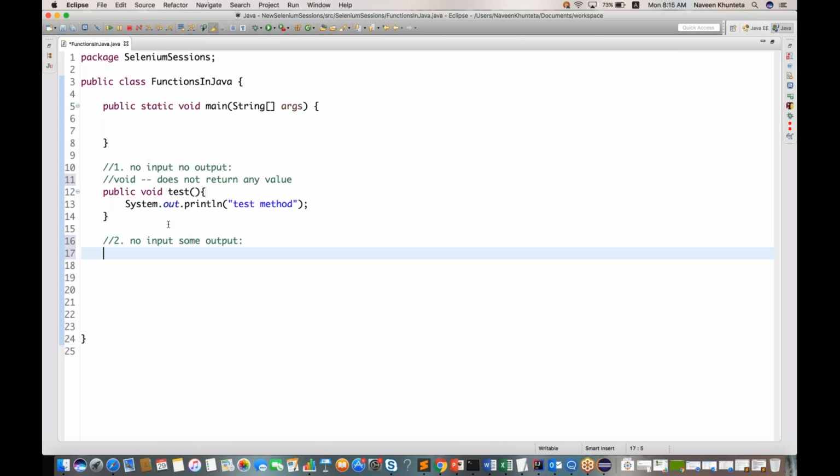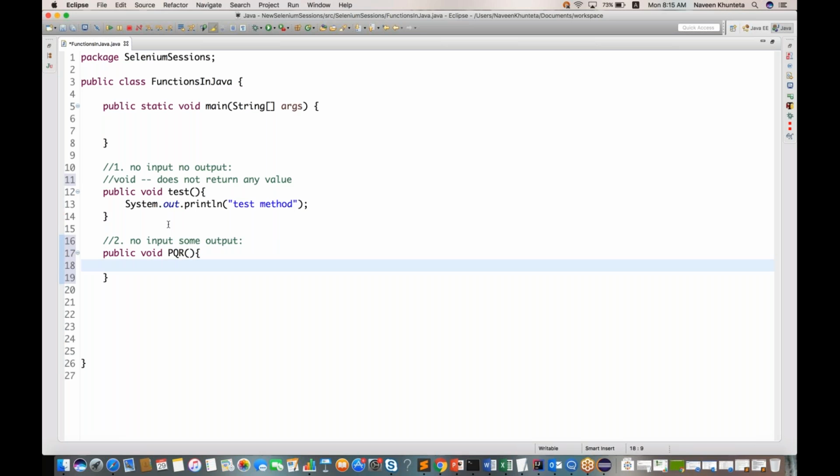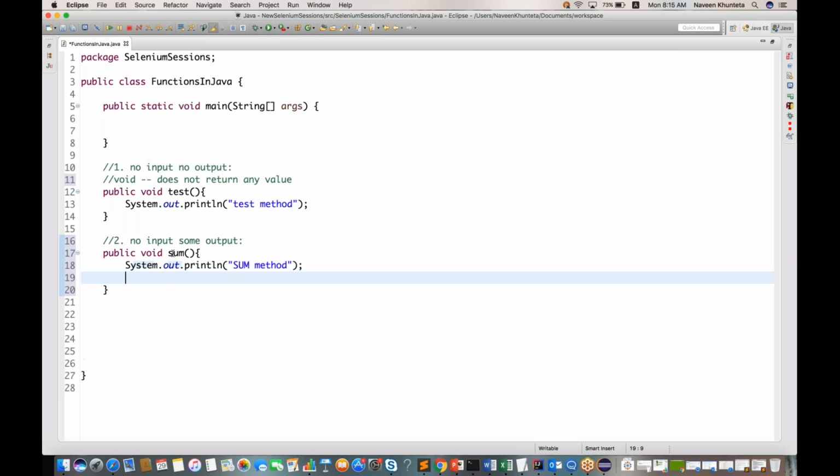Okay, no input but some output. So how to create that kind of function? Simple, create again public void. Let's see, my function name is pqr. Or instead of pqr, let's say I'll give the function name as sum. I'm not passing anything in this particular function. Let's say I'm printing System.out.println, the function name is sum method, and